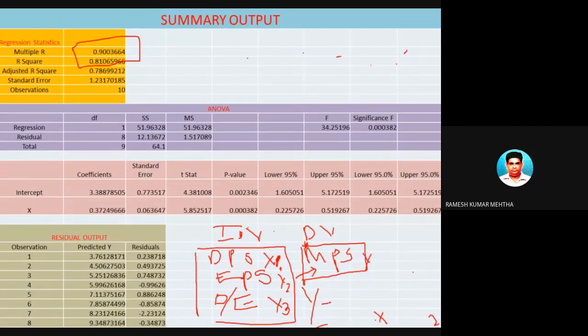So you get an equation y is equal to a plus b1 x1 plus b2 x2 plus b3 x3 plus error term. We will understand what the error term is. Now, this is another independent variable I have added. So you can add so many independent variables, put all of them in Excel, and then run a regression, and you will get an output like this.